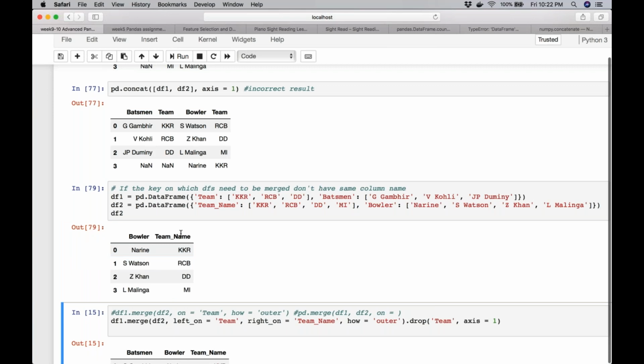Unfortunately, here what has happened? Do you see the difference between here and the earlier example? What is the difference?